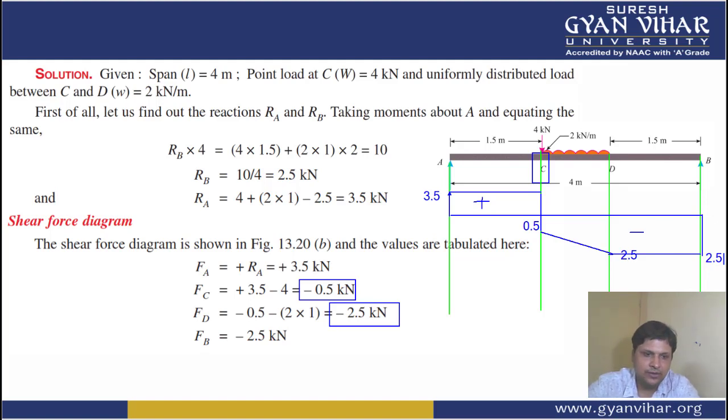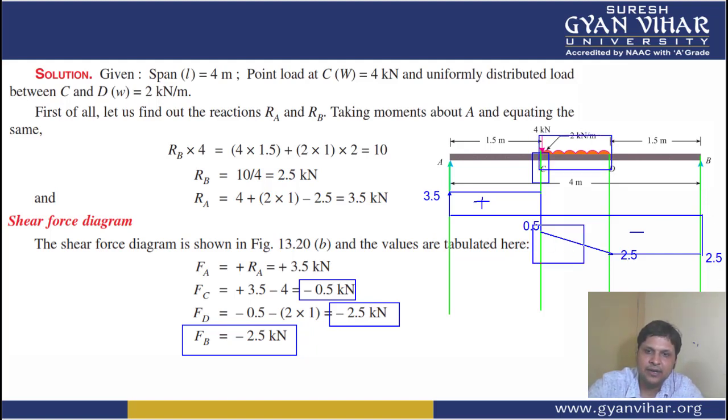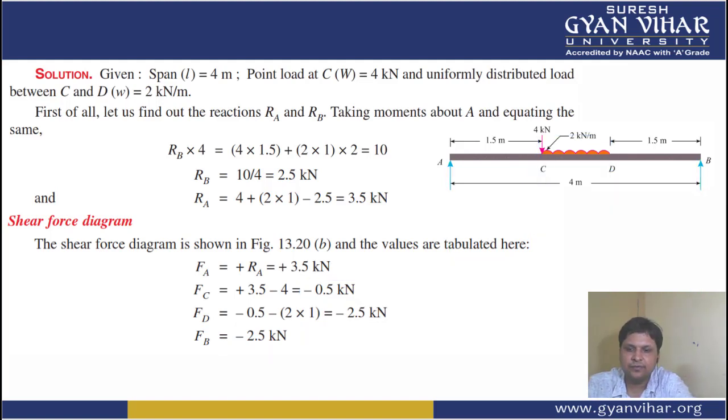All right, everything is calculated. At point D you have the value of shear force as minus 2.5, a horizontal line. So you can already visualize here that wherever UDL is there, you get an inclined line in the shear force diagram. Moving further, students, now we will try to draw its bending moment diagram.